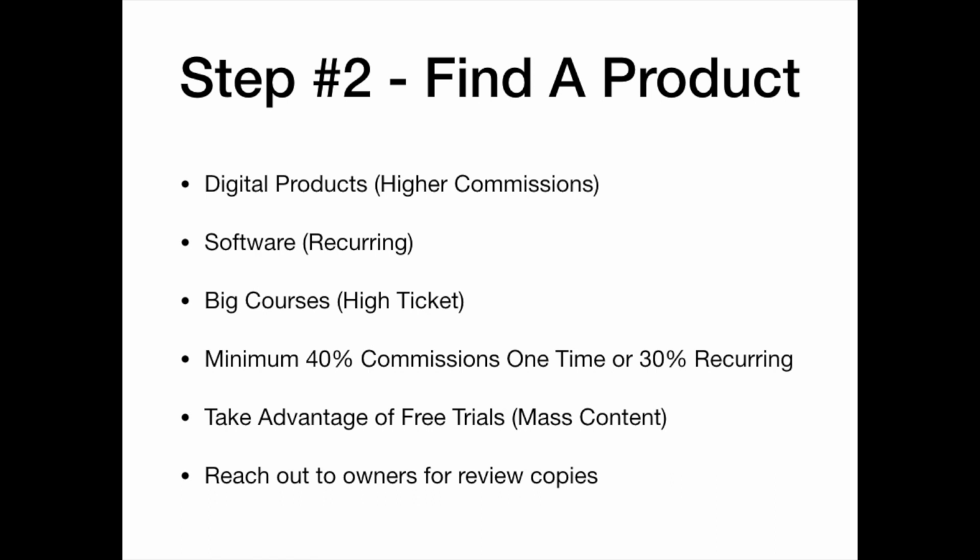There's a lot of different ways you can do affiliate marketing. There's a lot of people that teach this method, but I recommend that you focus on digital products purely for the fact you get a higher commission. If it's a product that is just paying a one-time commission, make sure you're getting at least 40%. If it's recurring, make sure you're getting at least 30%, and that you'll be getting paid every single month. Now, the types of products that I like are courses, are software, and also high ticket. Big courses. If you can find ones that will pay you a commission of $500, $1,000, they are fantastic products